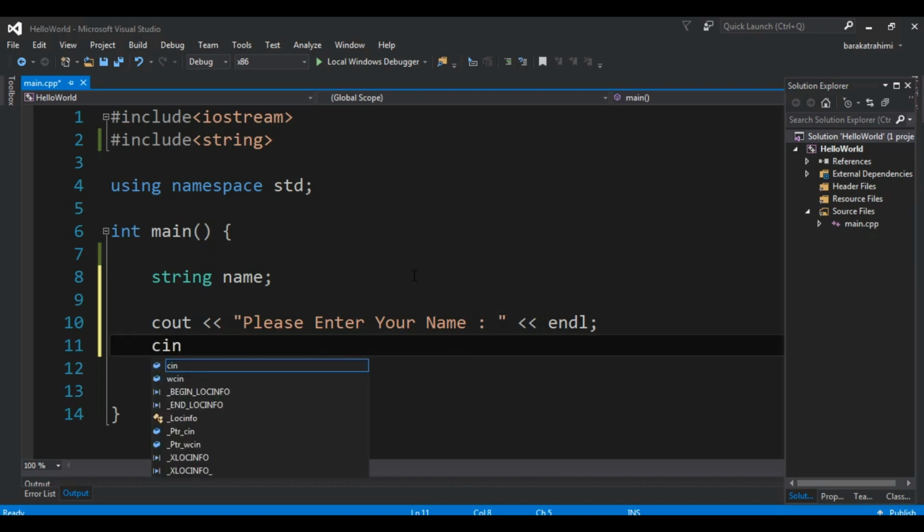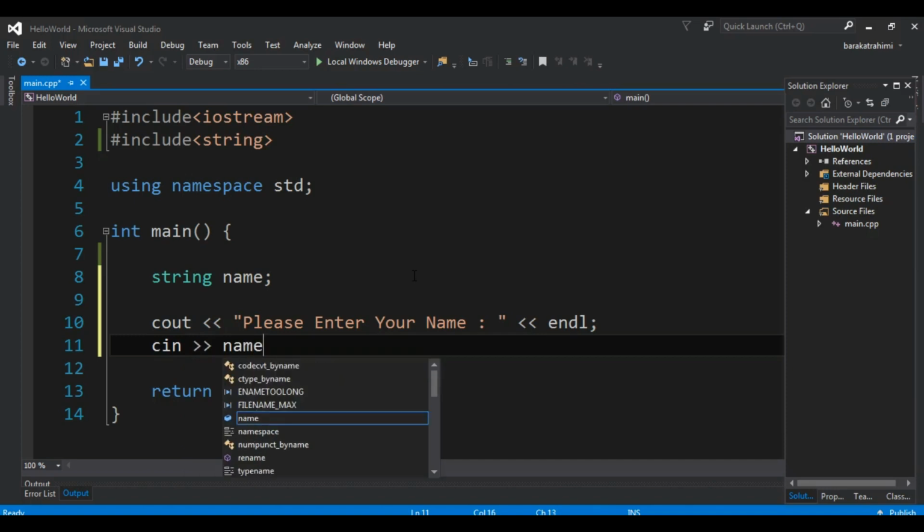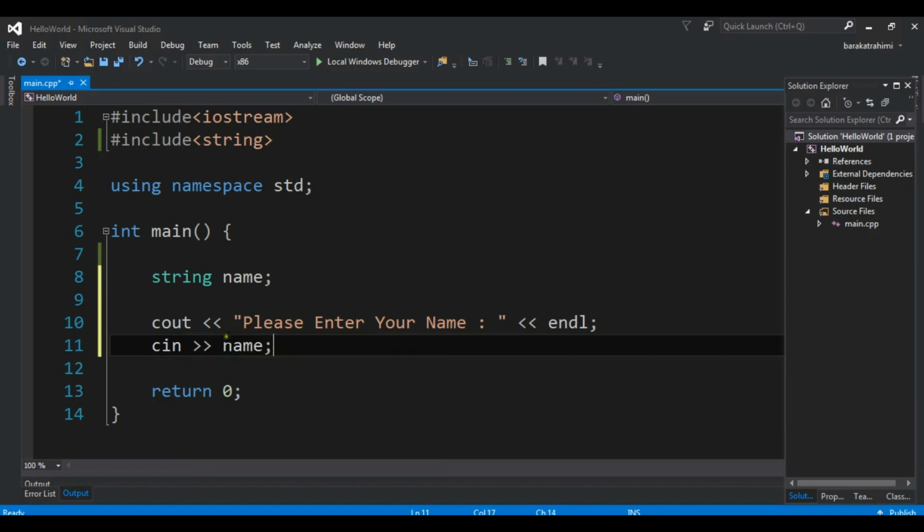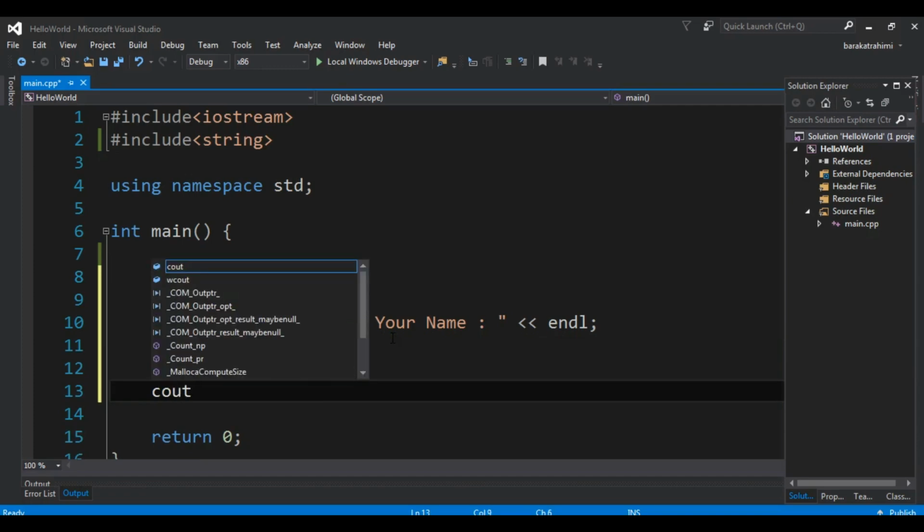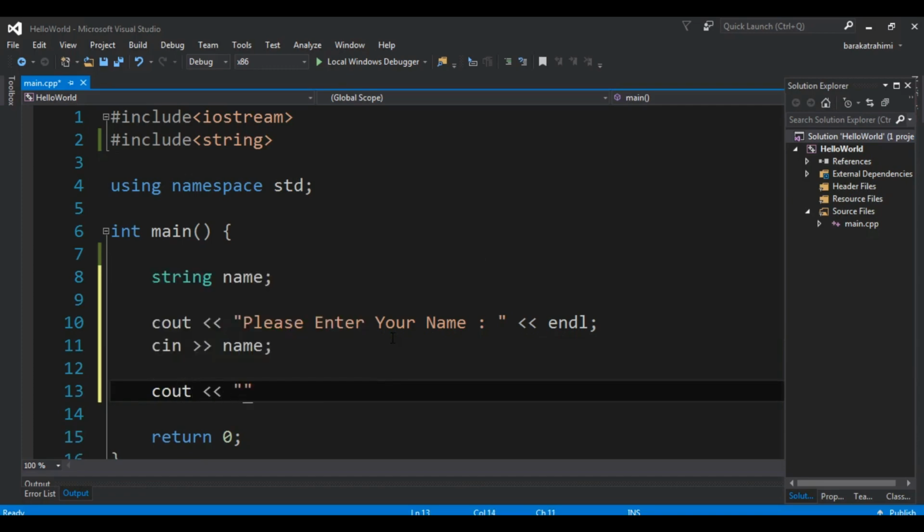Okay, so now using cin you can get the user's input. Let me write cin and name. I want to get the user input and store it in the name variable, and after that I want to print it on the screen. So now I'm going to say cout, your name is, and now you can use plus to concatenate a variable, name, like this. Okay, so now if I run this,